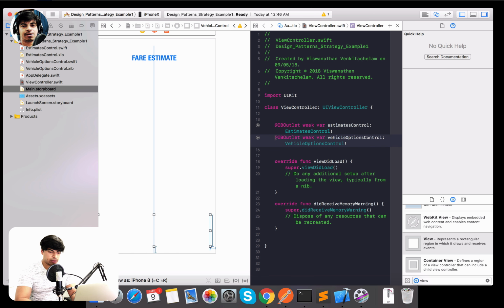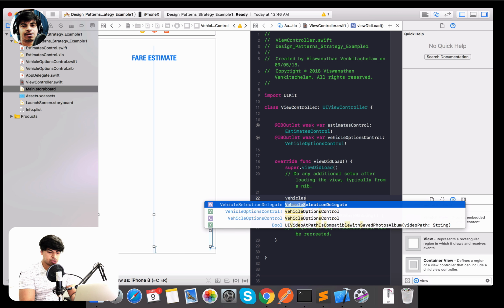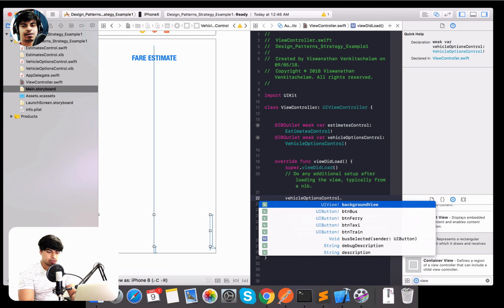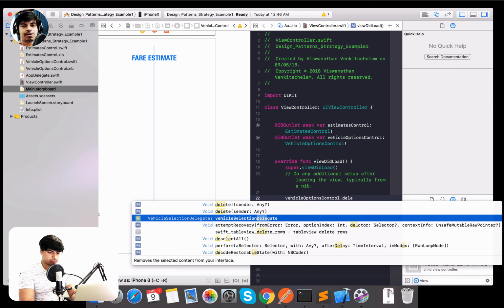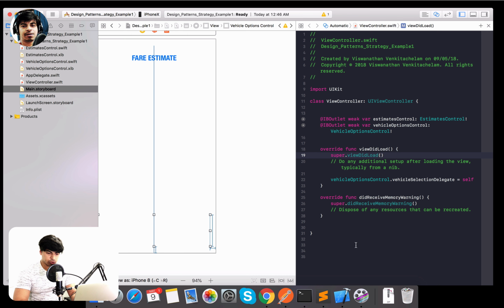So that's included now. Let me just add required things. Let's say the vehicle options control requires a delegate, which you can keep as the view controller, and then implement the